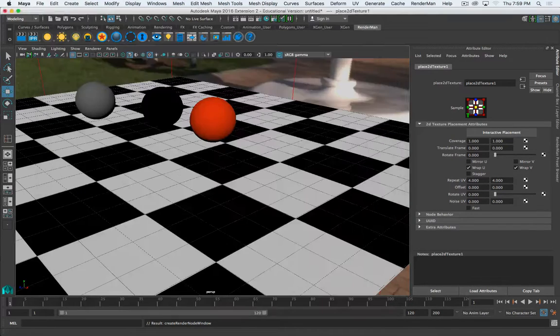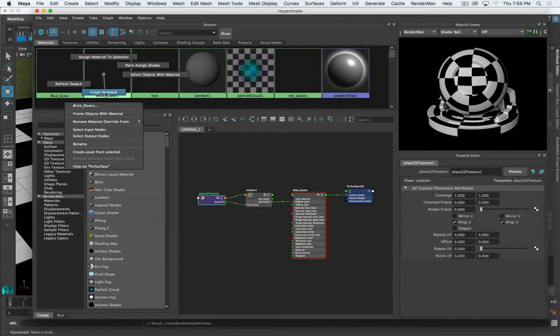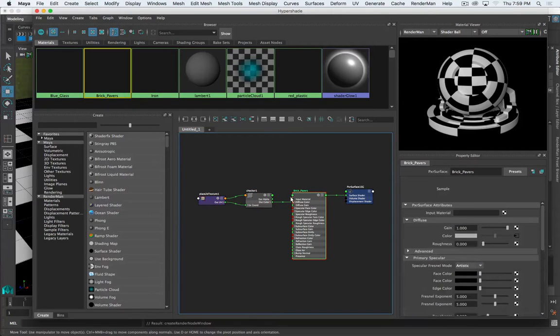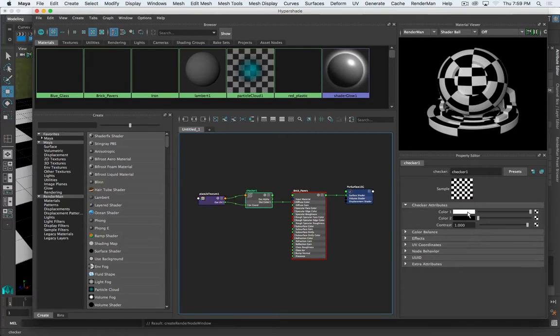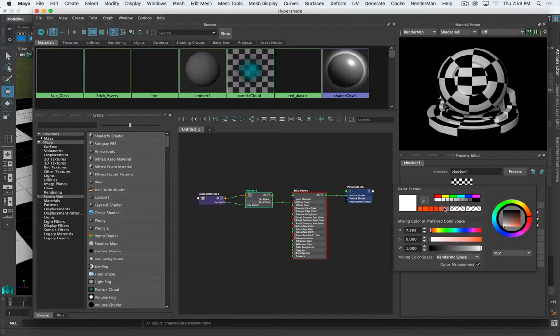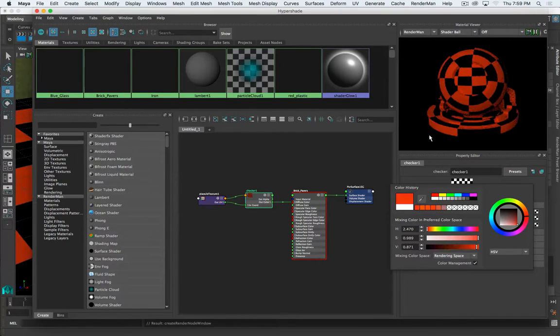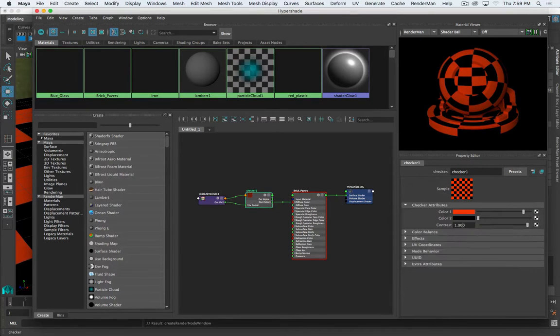Okay. Again, it might be a little easier for you to work with this in the Hypershade editor. So you can right-click and graph the network, and as you click through these different nodes, you can see the properties and the attributes that you can adjust change. All right, so if I click on brick pavers, I can adjust all of the shader options. If I click on checker, here's where I can actually change the color of the checker pattern. So if I want to go with orange and,